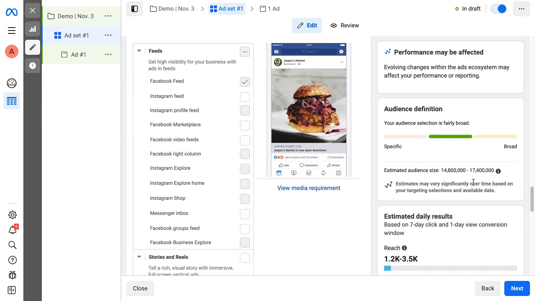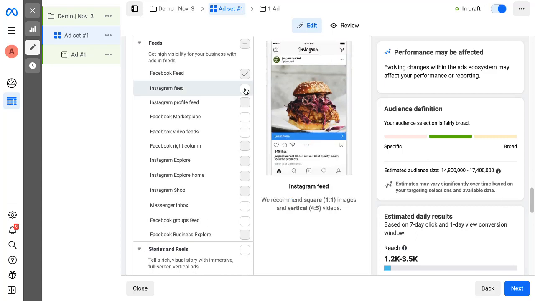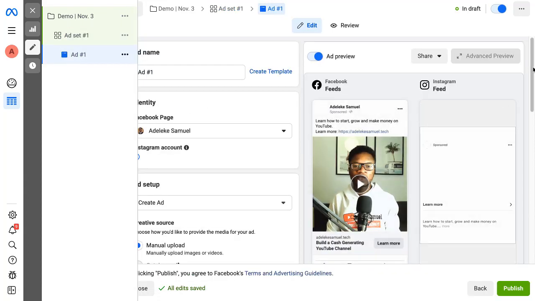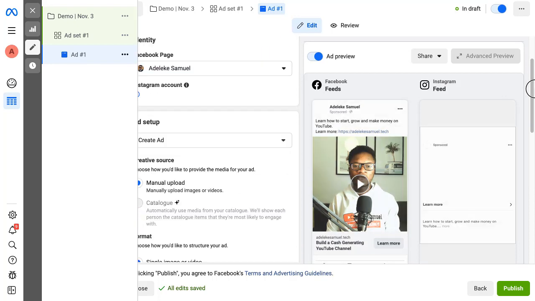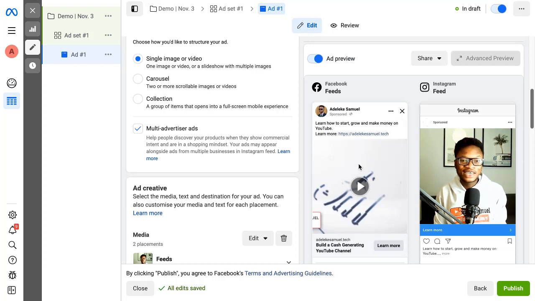Okay, so what you do is have or include a new placement. Even though you want to use Facebook feed only, just include a new placement. Then you go back to your ad, and scroll down. Okay, now you see multi-advertiser ads. So just scroll down,